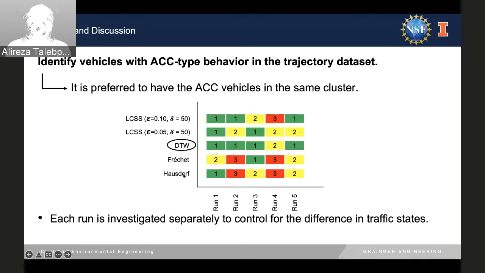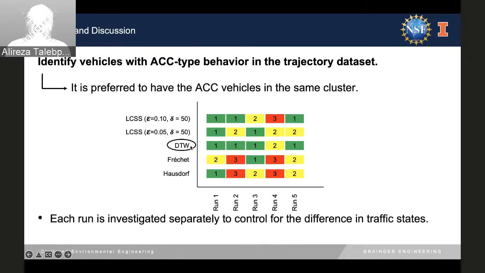You see, the geometric shape-based approaches didn't perform well. So for instance, in run two, every single ACC ends up in a different cluster. We have three ACC cars, each ended up in a different cluster. That's not a good thing. So we know it's not capturing the behavior of ACC, because if the ones that you know are ACC are not in the same cluster, that's not really capturing the similarity in the behavior.